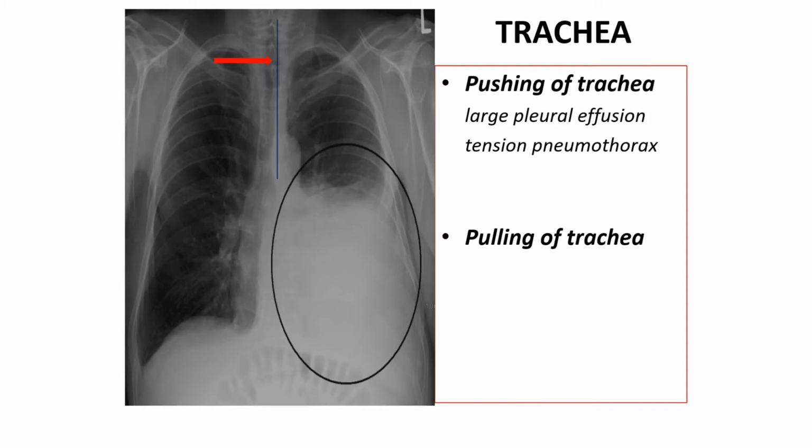These are the white shadows. White shadows are due to some consolidation, some soft tissues, or some mass or any other things. While if there is a black shadow, there may be air. So in this picture there is a radio-opaque picture, that is some water or consolidation. And if there is pulling of the trachea, that may be due to the consolidation picture.